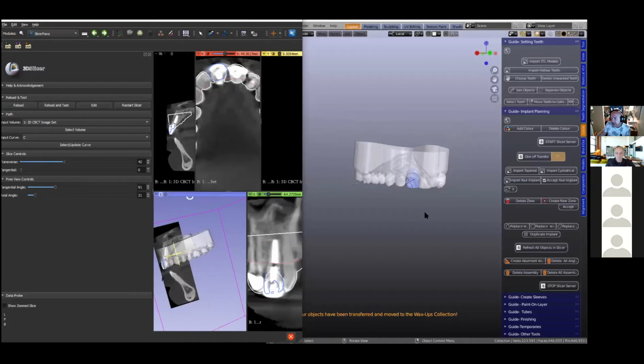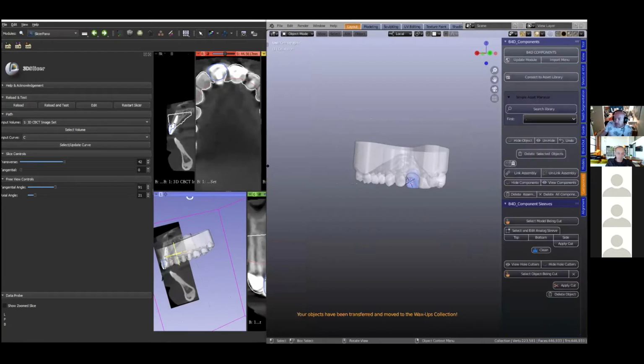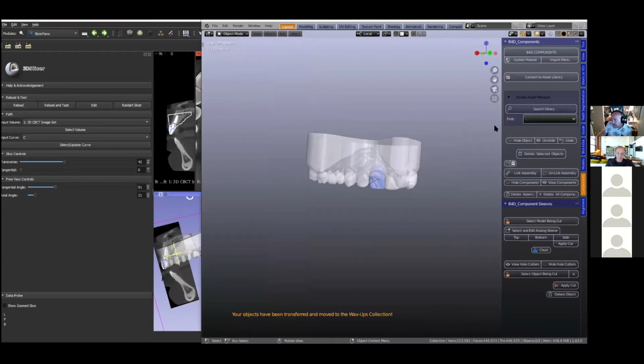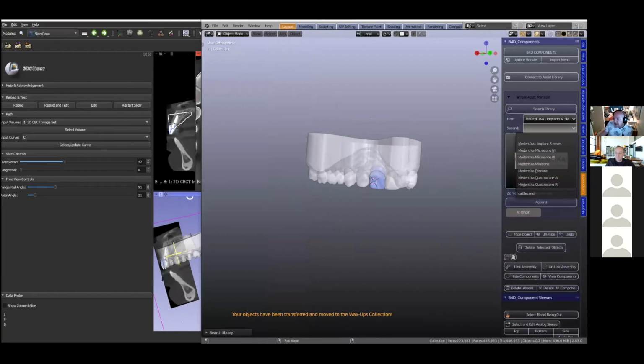I'm going to bring in an implant. I haven't done this before, so if I make a mistake, please forgive me. Sometimes I do these daring things. So we're going to go to our component module, and the component module is filled up with Medentika implants. Now, I'm going to be searching Medentika, and in this library, they've got some extremely fantastic implants. I like the